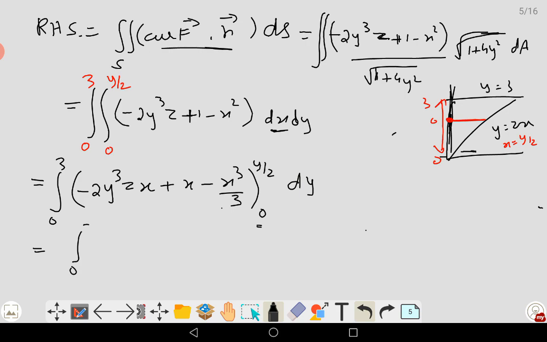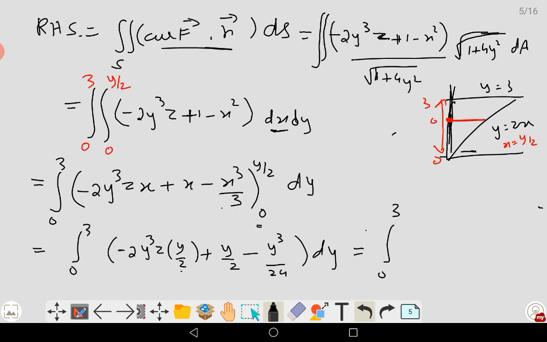Upper limit: integral 0 to 3 of minus 2y cube z times y over 2, plus y over 2 minus y cube over 8 into 3 is 24, dy. Further simplification will give 0 to 3, this 2 and this 2 can be cancelled, minus y raised to